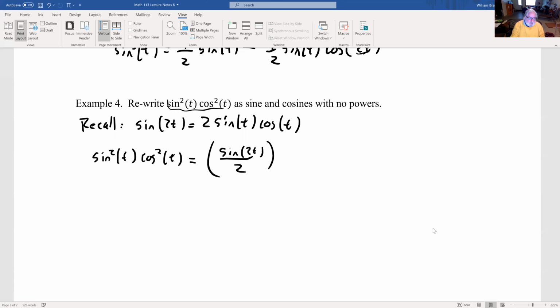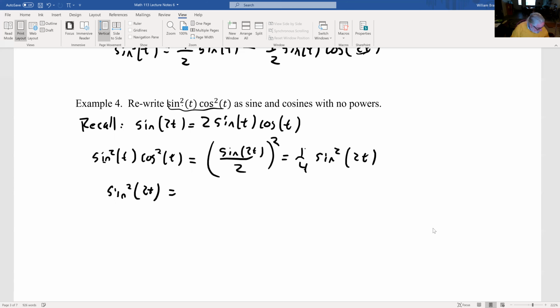But the whole thing squared, because we want sine squared times cosine squared. So sine times cosine, quantity squared, equals this. So the sine of 2t over 2 squared, which is 1/4 sine squared of 2t. Right? Square the top and the bottom, rewrite it as 1 over the denominator times that. But sine squared of 2t, as we had above,